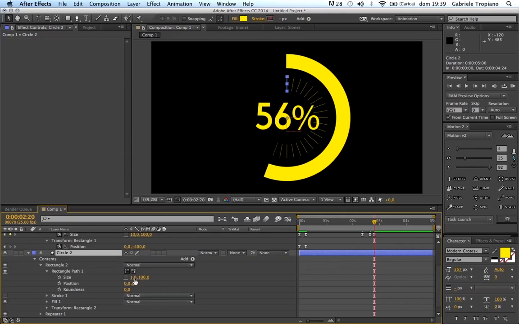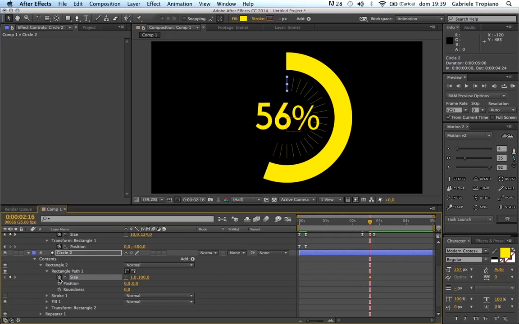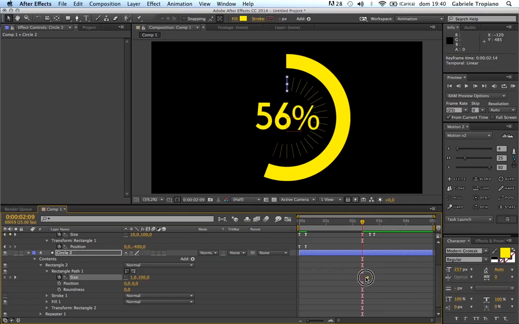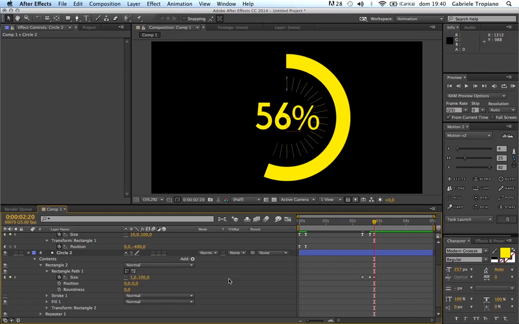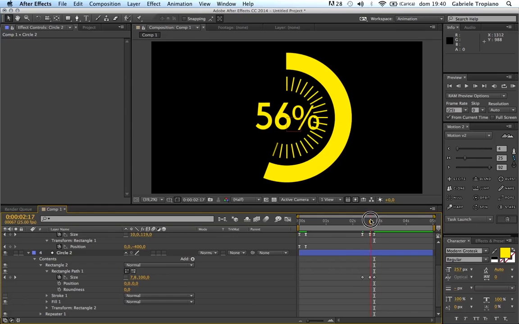And then we also increase here the size of the rectangle, or the width of the rectangle. So I just set to this first keyframe. Right, now maybe this. So it will be 1, then we go up to 10, the width of our small rectangles, and then they go to 1 again later. So highlight,